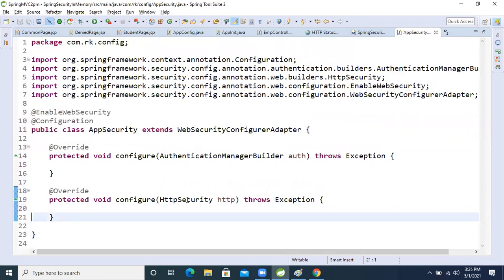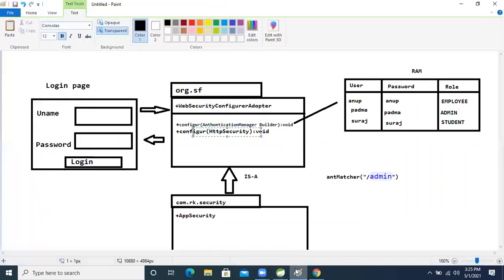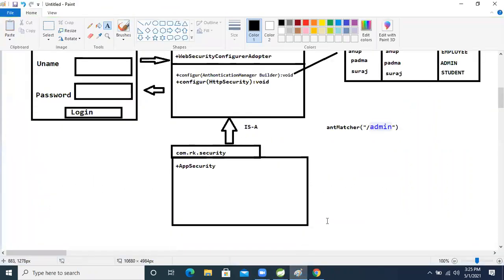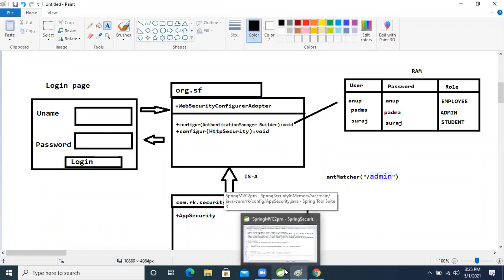So from here onward, whatever we have discussed till now, we are going to implement in this application. Okay, listen carefully. We are at the last stage, in-memory security. But every time we will use the initial discussion, based on this diagram. Now, fine. So what will we do next?